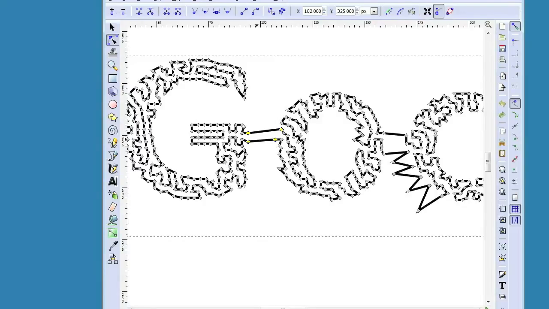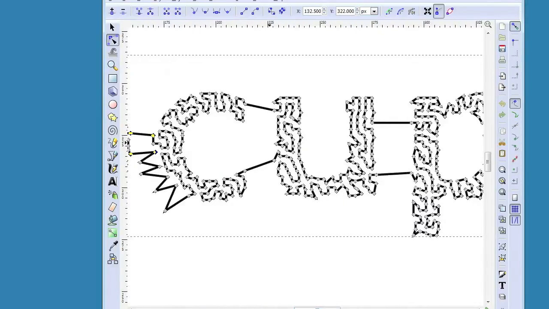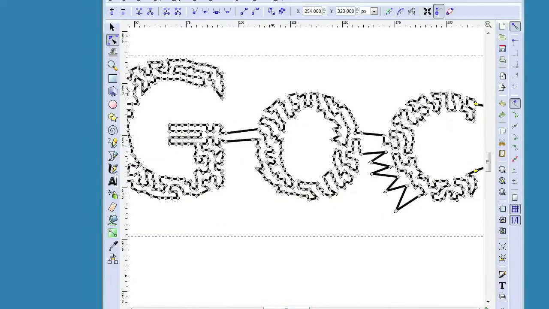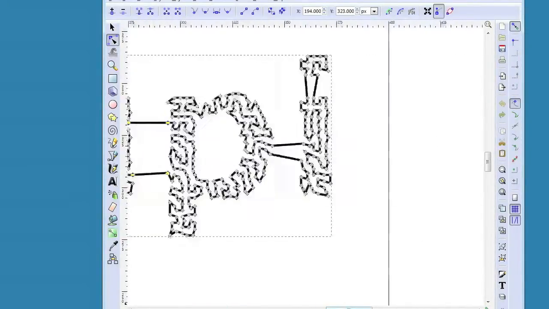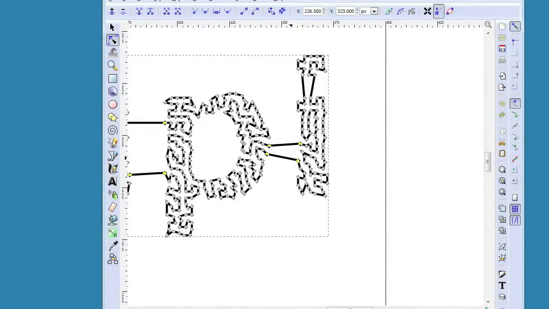So really, if you were to do this without a servo, it would still try and draw with the pinup. But so you can select each line that you don't want to exist. So I don't want that one to exist or that one. I'm going to get rid of all these points in between each letter. So I'm going to go up here and I'm going to click. If you hit delete, it won't work. You'll have to go up here and actually click delete segment between two non-endpoint nodes.